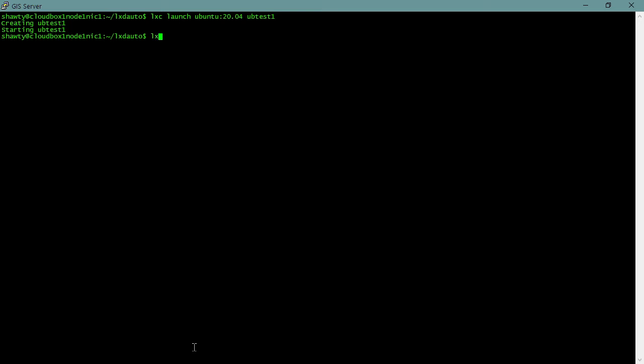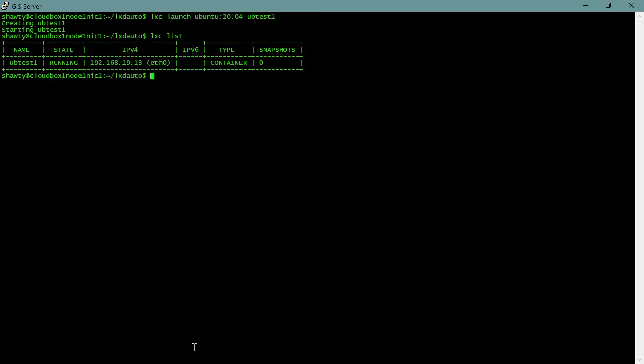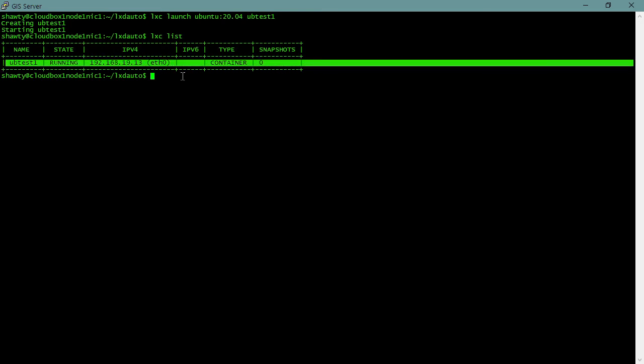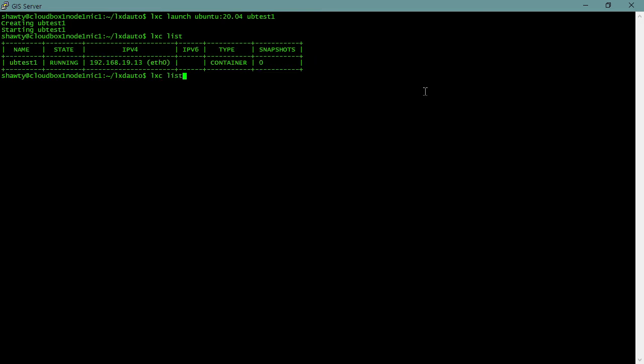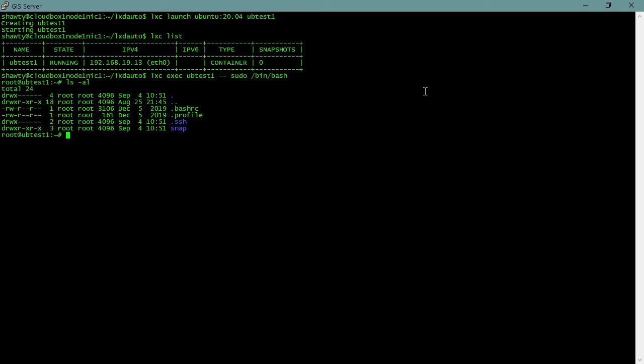So if I now do an LXC list after creating that, you will see right here I now have this container running, and I can actually log into that container simply by doing this, sudo /bin/bash, and there you go. You can see I'm in that container now. If I do an ifconfig on that,